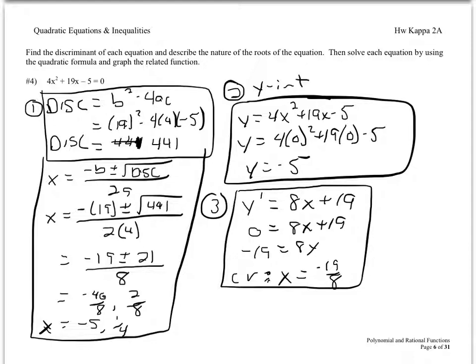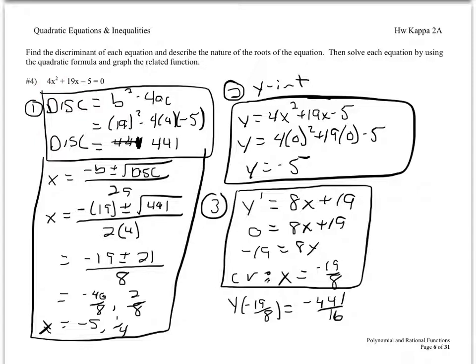To find the critical point, we take that critical value and plug it into the original function. It's going to give us negative 441 over 16. Once again, by looking at the original, we can see this is a parabola that's concave up,